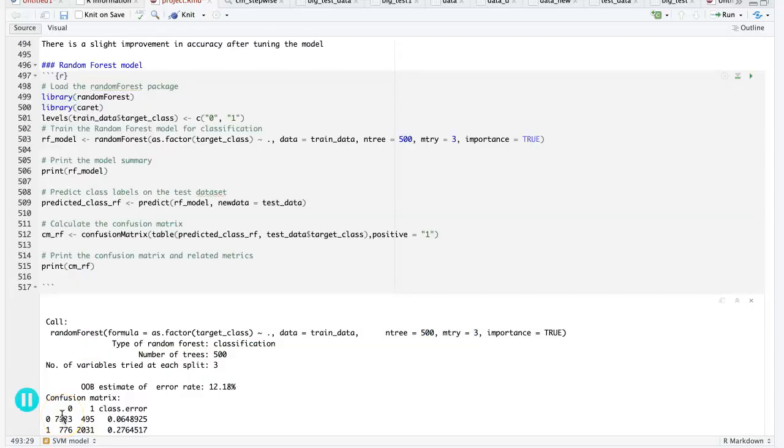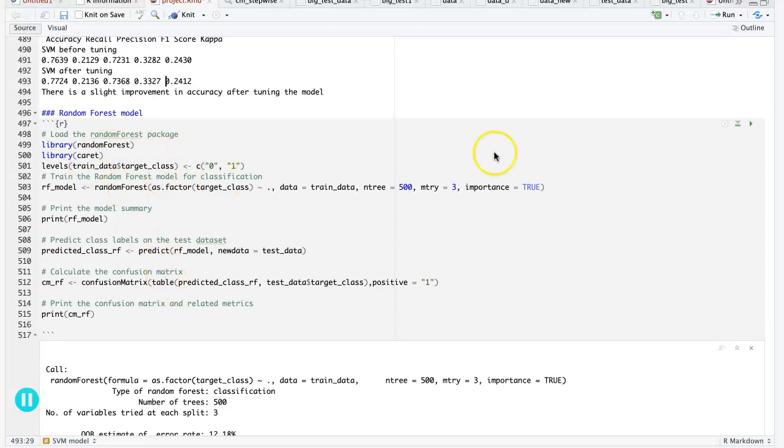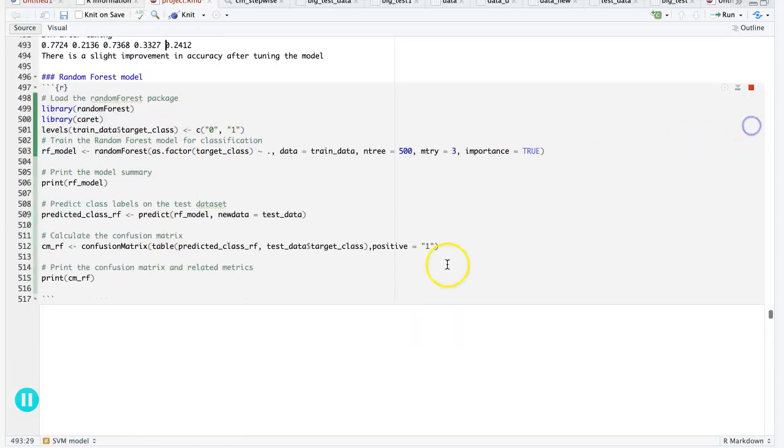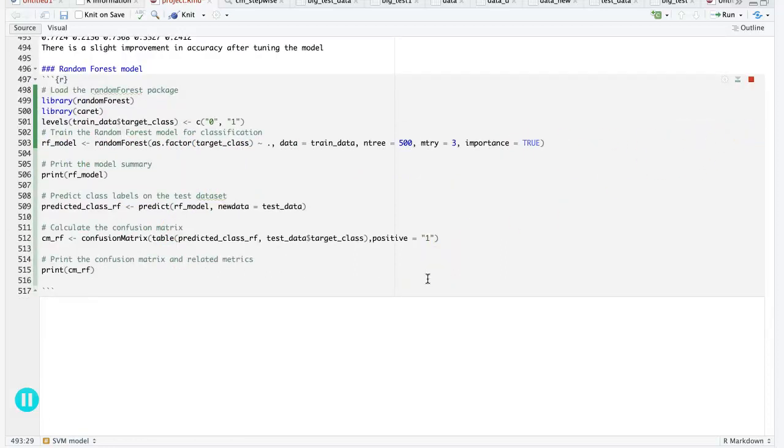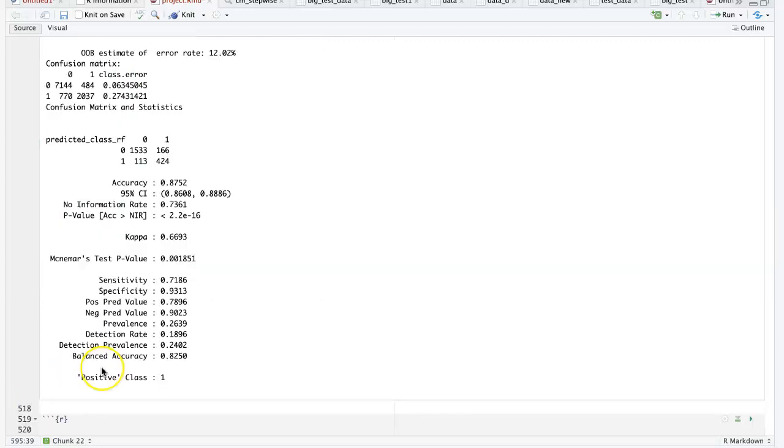Now let's talk about the random forest model. The initial performance evaluation of a random forest model applied with default parameters. So the initial model showed satisfactory performance metrics with 87% accuracy, 0.7 recall, a kappa of 0.66, also a precision of